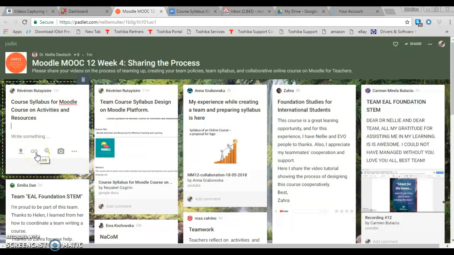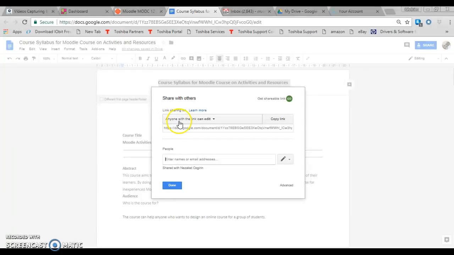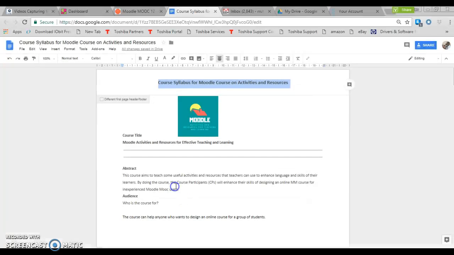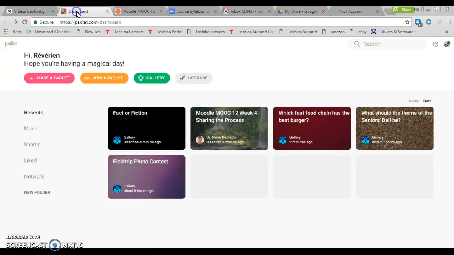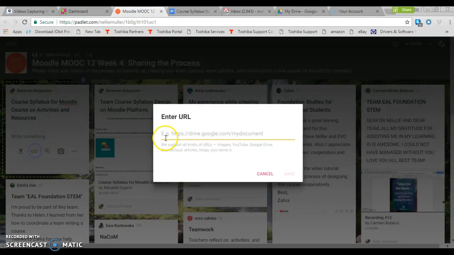It means that where the document is. Before sharing this one, I have to make sure that anyone with the link can edit, and it will be here like this one. And after making sure that anyone can, here I can go back and add